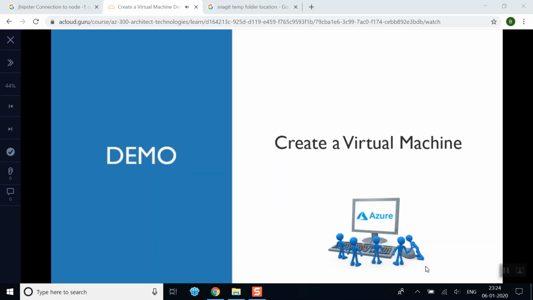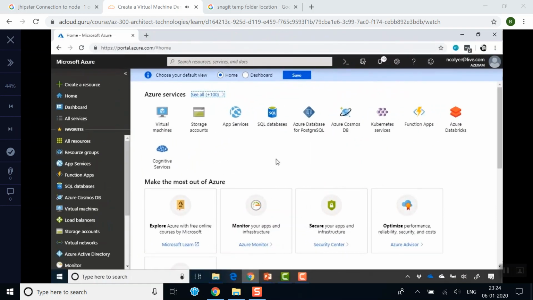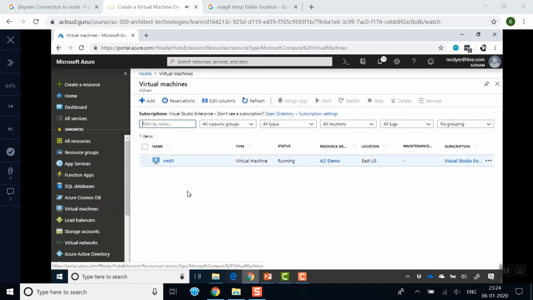In this demonstration, we're going to look at creating a virtual machine from the Azure portal. So let's head over there to begin. And here we are in the Azure portal, and one of the things you might notice if you have built virtual machines before is things have changed a little bit over time, and Microsoft continues to change this part of the portal. But we can go ahead now and click virtual machines and see I've already got one virtual machine